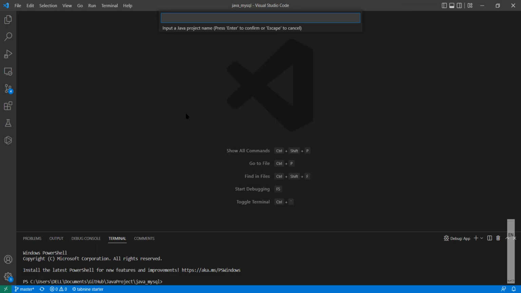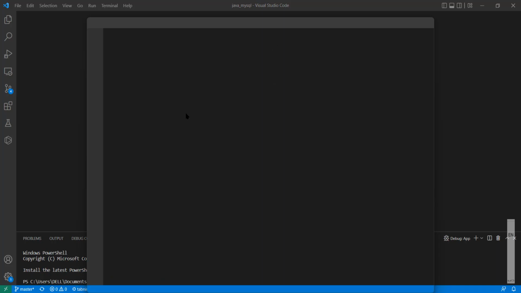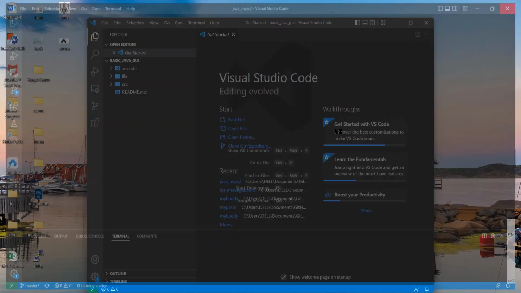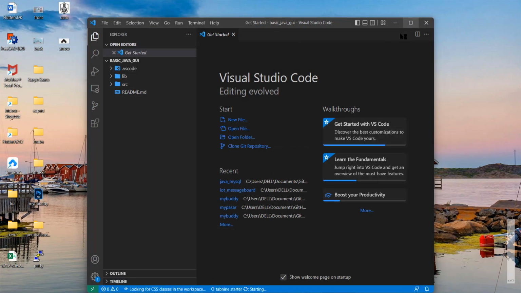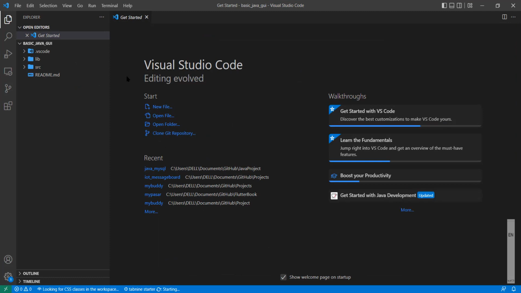Let's give a name, basic Java GUI. All right, so this is a very basic Java GUI. So we're going to build the application using the name. All right, so here what we have is an empty project, which is available